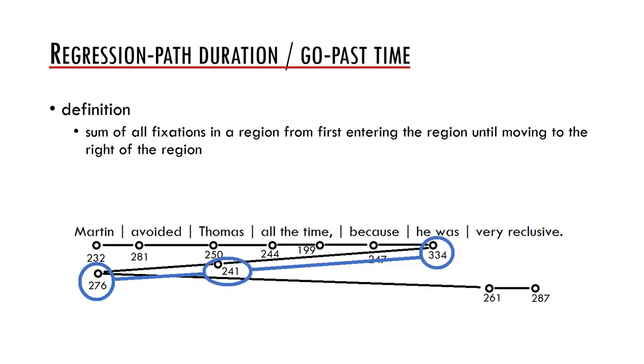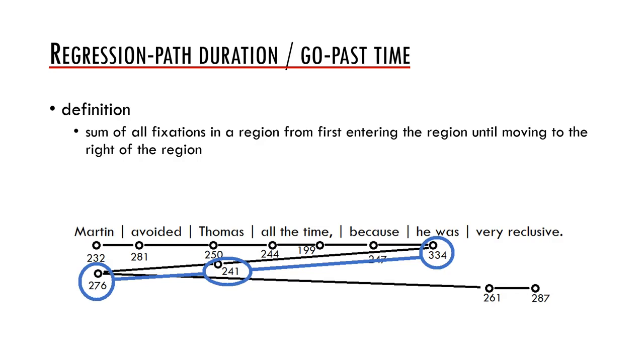An important measure is the regression path duration or go-past time. It is defined as a sum of all fixations in a region from the first entering the region until moving to the right of the region. This means that we add up not only the fixations in the given region, but also all fixations which are done after a regression prior to getting to the following region. In the example below, the regression path duration of the region he was is